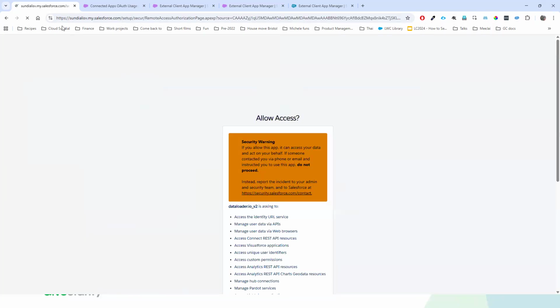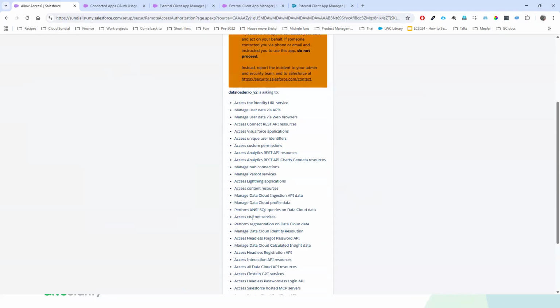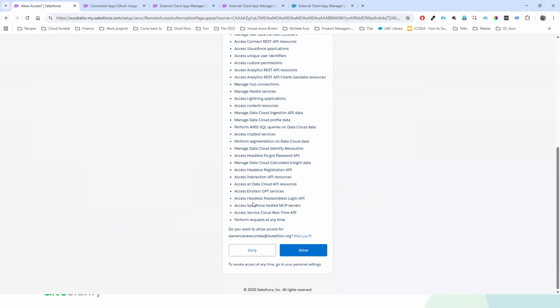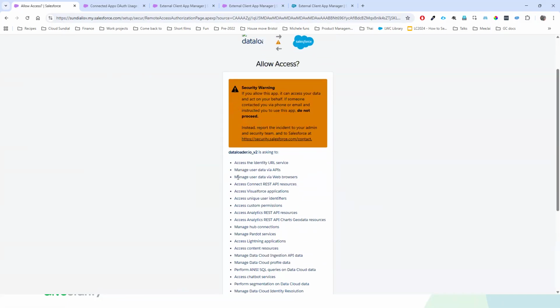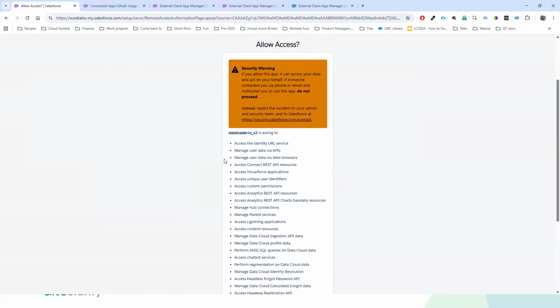It's then prompting me to authorize this app. So this is the chance that I have to review what the app is actually asking for in terms of access.